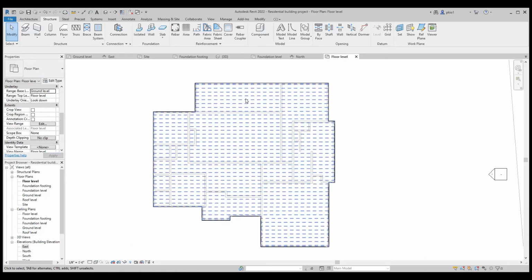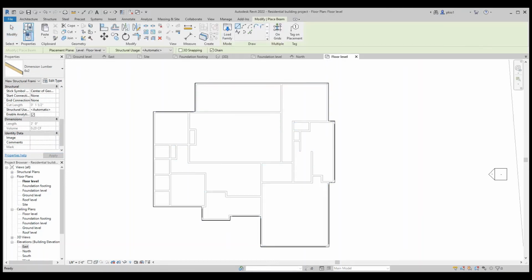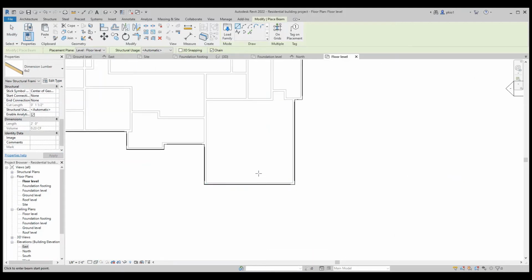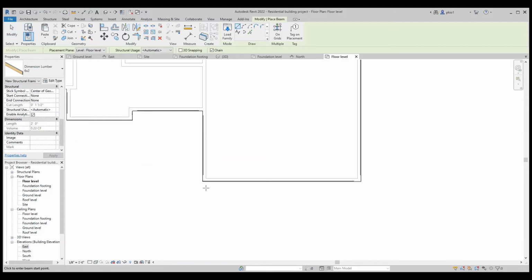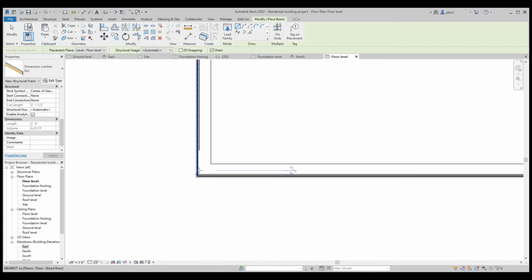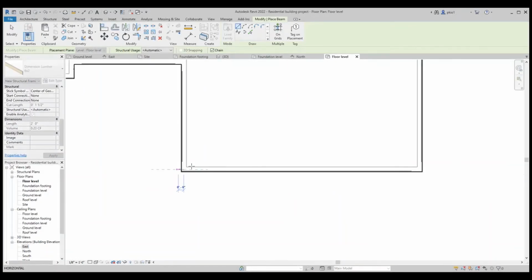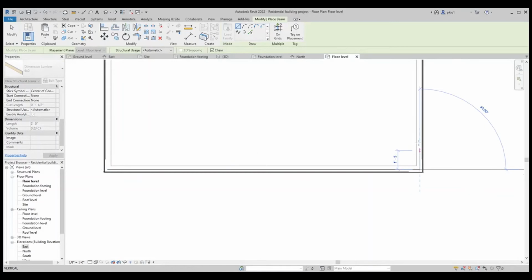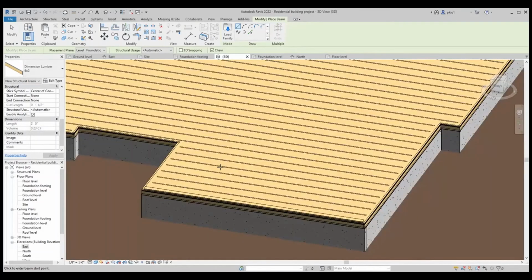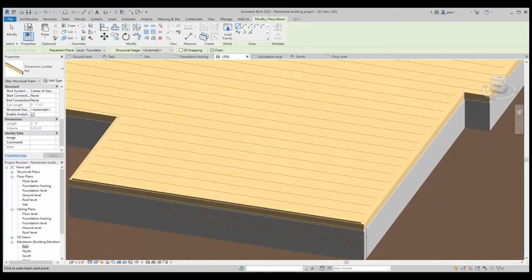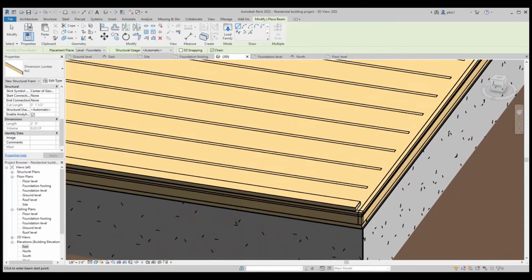We come to the beam and we have the 6x2 bottom plate. Right now we're at the floor level, so we can apply our bottom plate. One, and then we go to the 3D to check it out. And if we look at it, we see the bottom plate is sitting here.